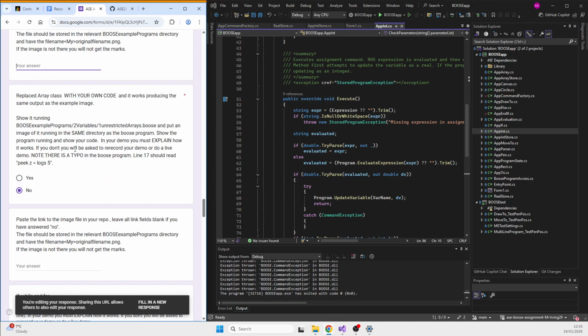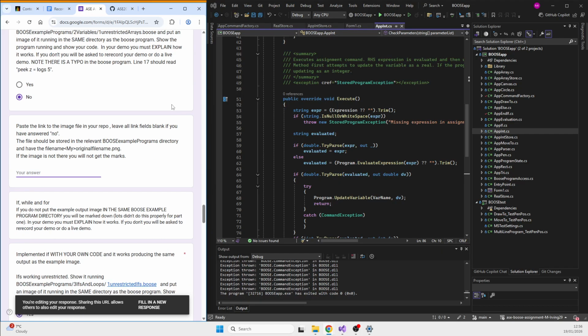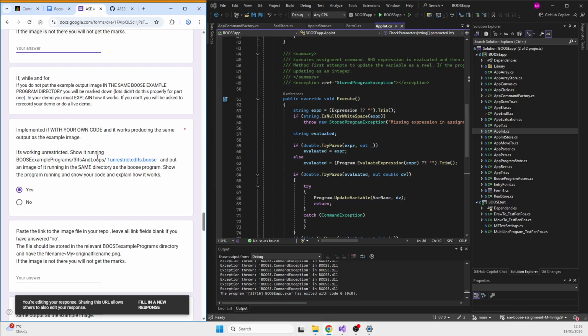No link obviously, and the array is the same. I just didn't, it was just too fiddly, and I didn't manage to finish it. I thought it would be smarter just to move on to the if because I thought it was more feasible. And plus, with the array, you need the real to work, I'm pretty sure. Or you need to be able to store them anyway, and it just wasn't sitting well. So no for that as well.